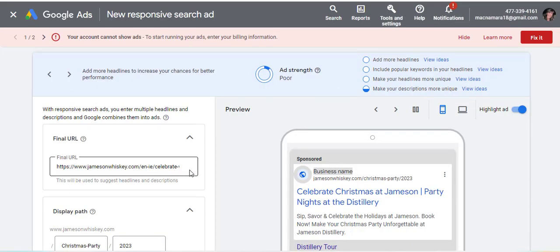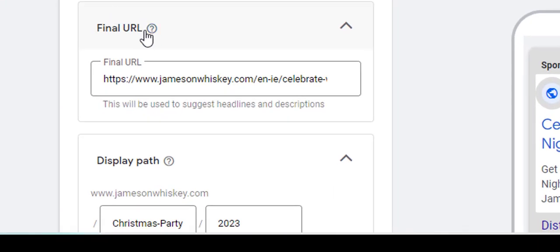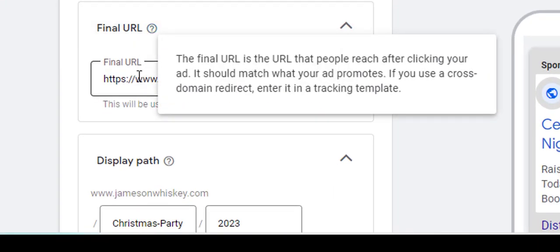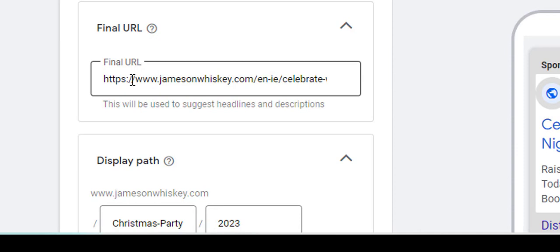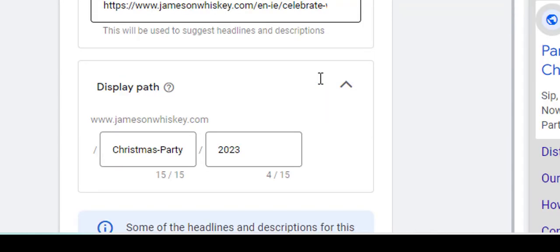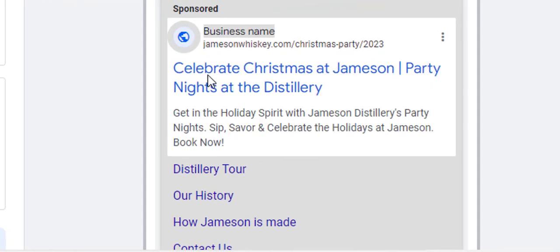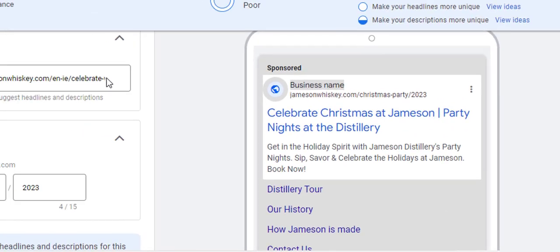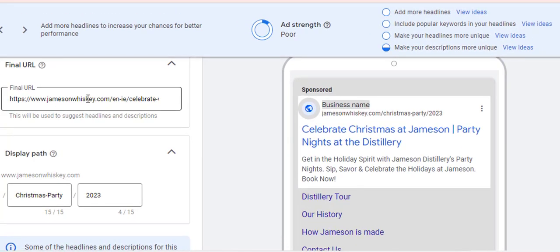So to save time, I filled in a lot of the information already. So it's asking us, first of all, what is the final URL? So what web address do you want people to land on when they've clicked on the ad? So I've just copied and pasted in here a page from Jameson Whiskey that I looked at in other examples. So I've just put in that one in there. Now, you'll notice here in the little sample ad that's coming up, this is